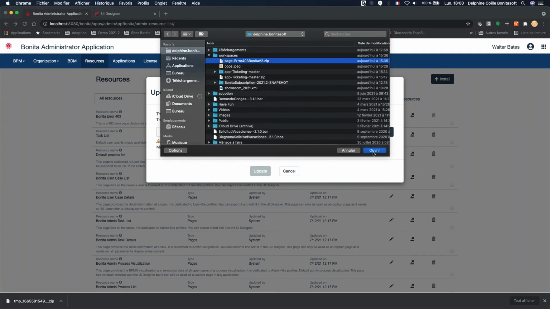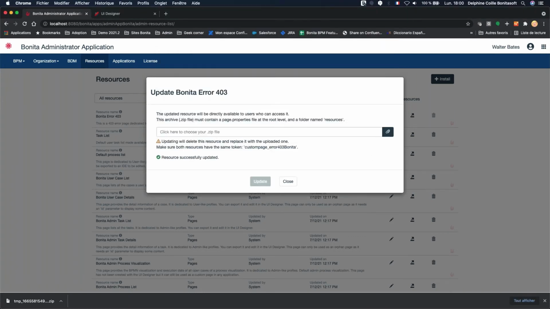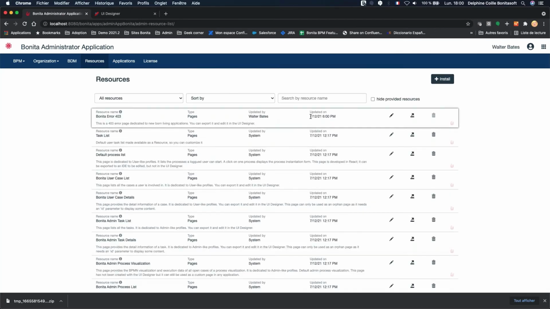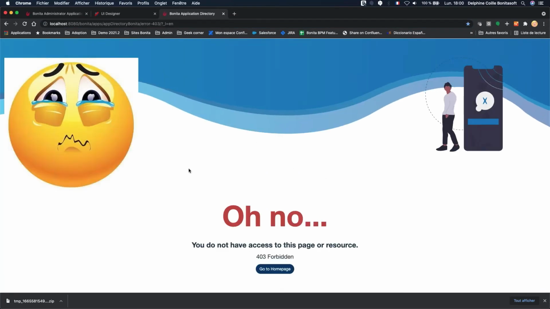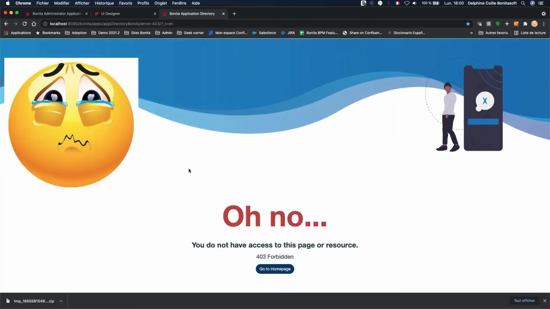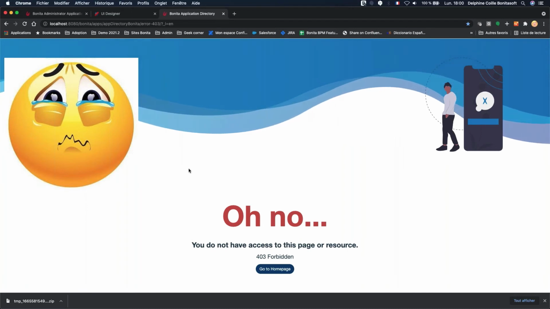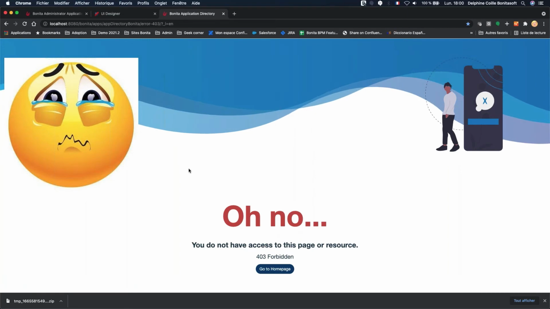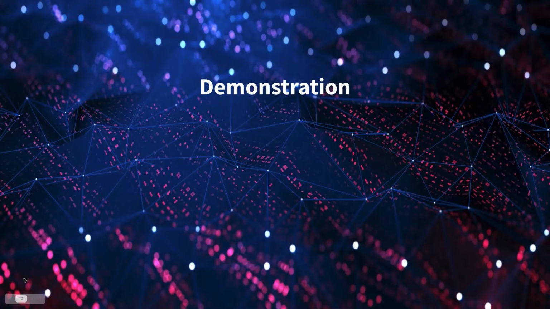I have my page v2. I open it. I update it. So now it's successfully updated. You can see that it's been updated at 6 p.m. And if I go to my page, ooh, I like this emoji, that's why I added it. So you see that you can really customize lots of things in the administrator applications. So now if I come back to the presentation,